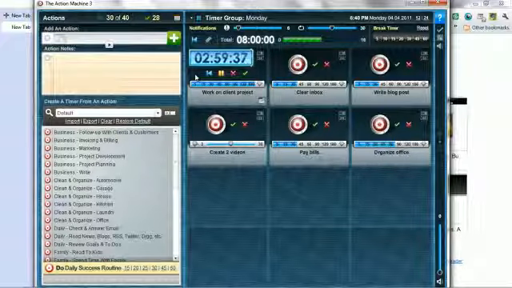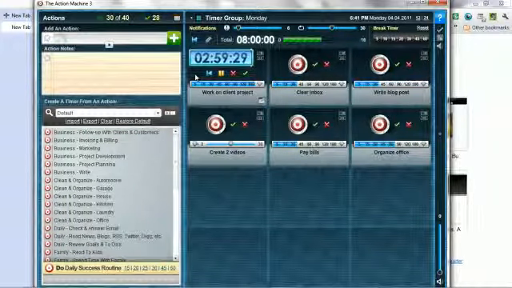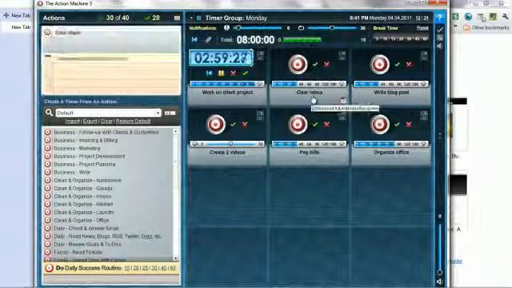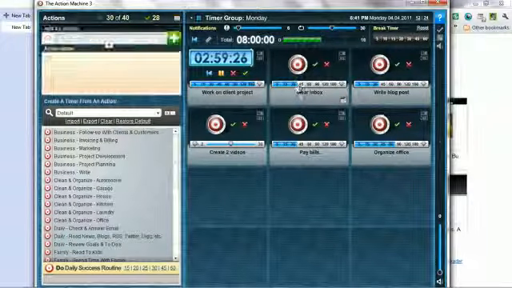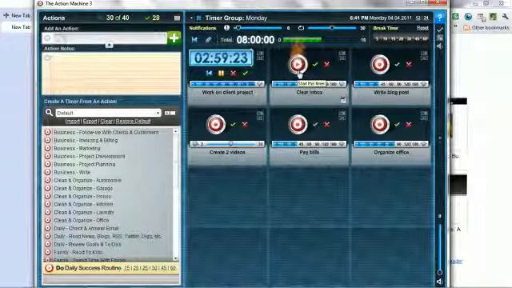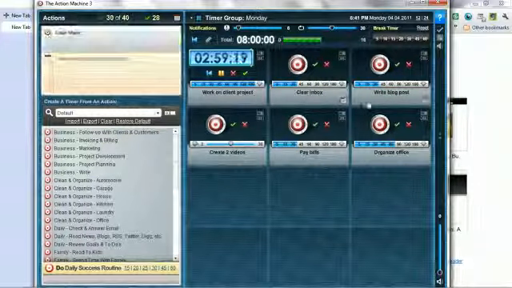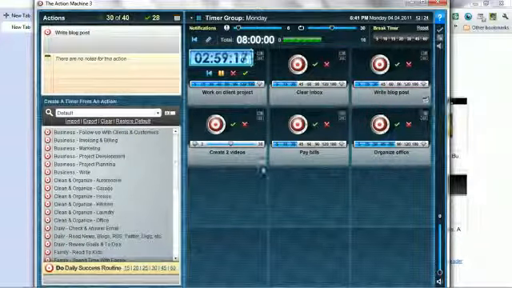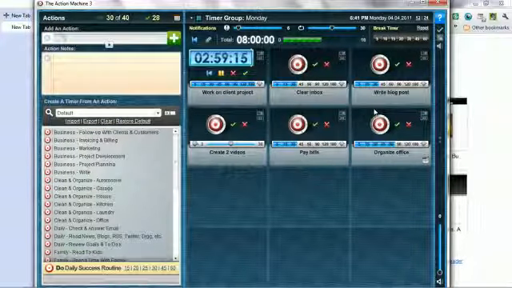I don't mess around with logging into Facebook or Twitter or anything else like that, getting a drink. I work solely on this project until the alarm goes off, and then I move on to the next task, which is clear my inbox. Spend 30 minutes doing that by clicking the timer, letting it count down. Then once that's done, an alarm will go off. I'll start the next task until I knock out all these different tasks for the day, and I've taken action